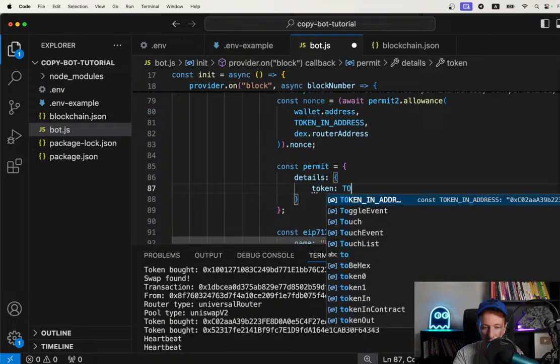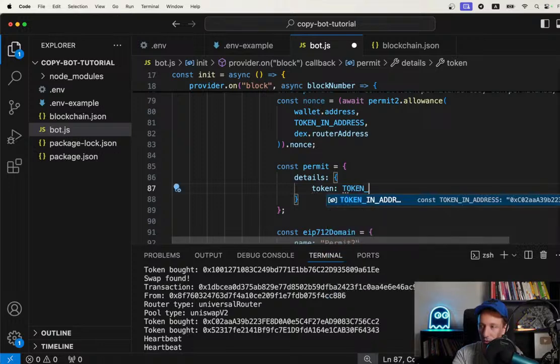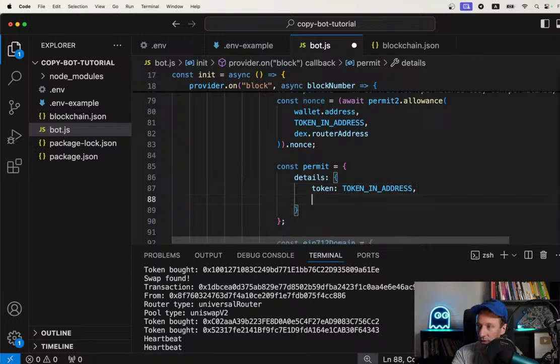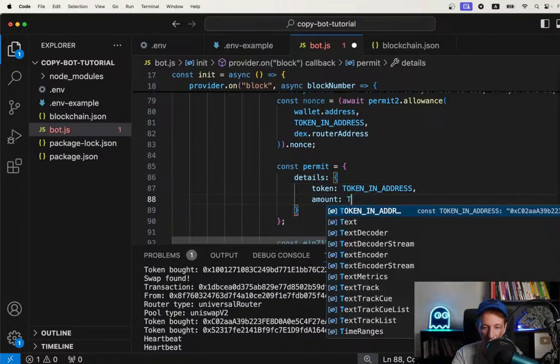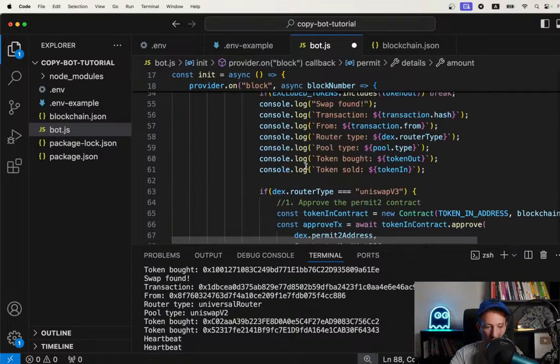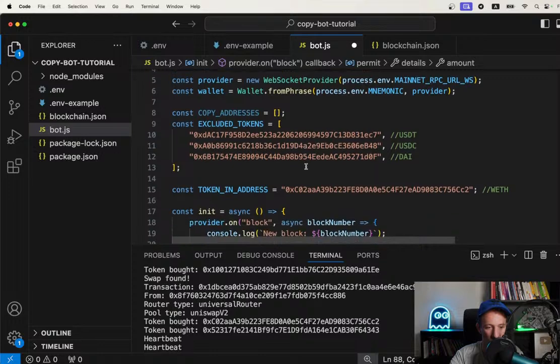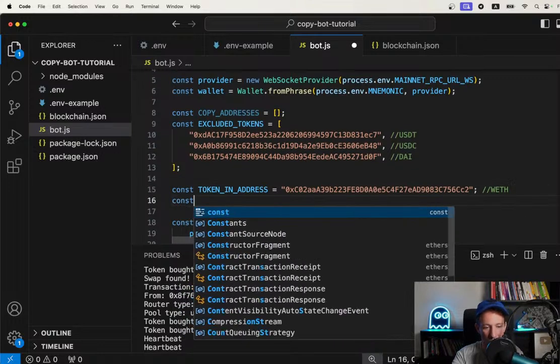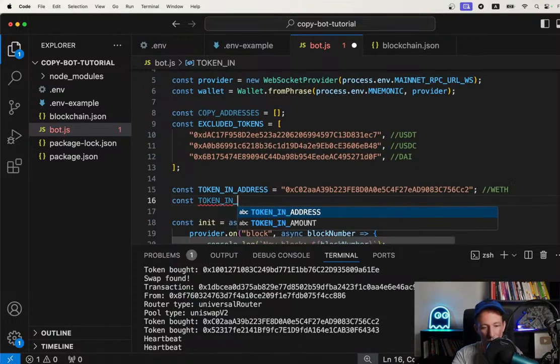So token in address. Now we also need to define the amount. So let's make it simple and let's buy the same amount every time. All right. So here, let's do token in amount. And for the amount, let's do